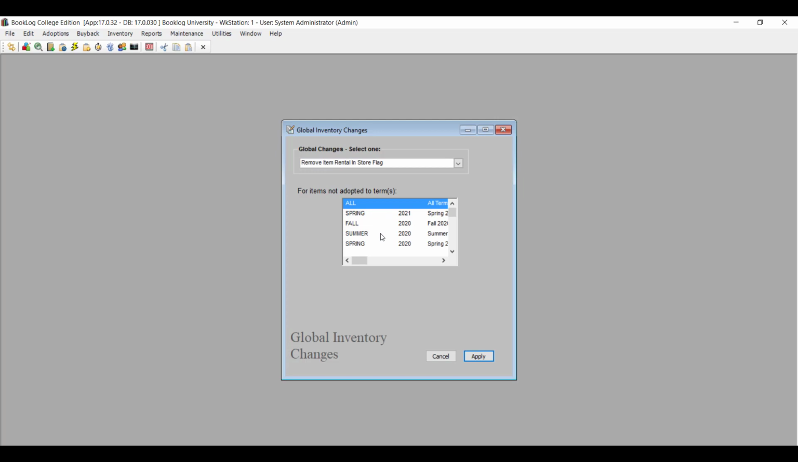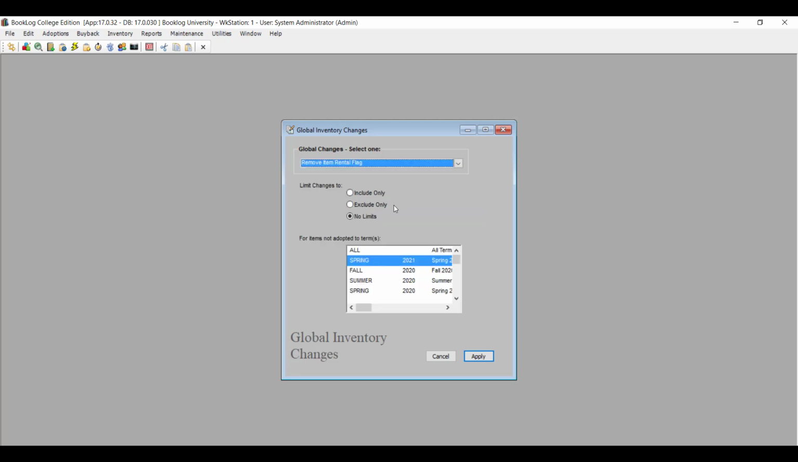specific terms. The Global Changes window has always allowed you to remove an item's rental flag, turning it from a rental textbook to a regular textbook. Now you have more flexibility with which items lose their rental status. Select the Remove Item Rental Flag option, and you'll see several ways to mark which flags should be deleted. You can choose to include or exclude only your in-store rentals or rental-only titles when Booklog removes this flag. You can also choose No Limits, which means that Booklog will remove the rental flag for any items that meet